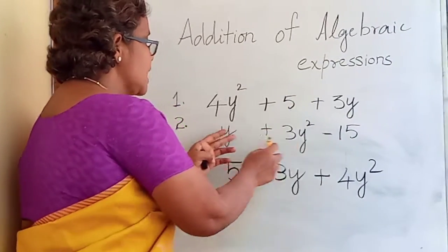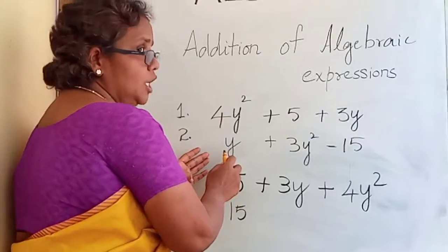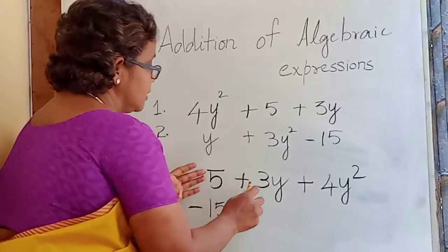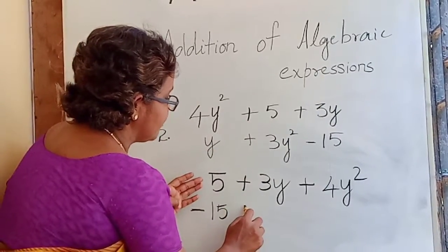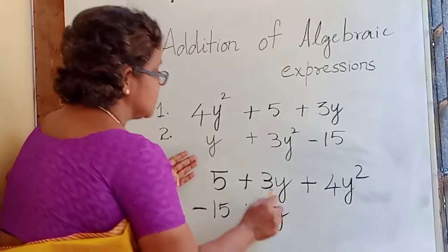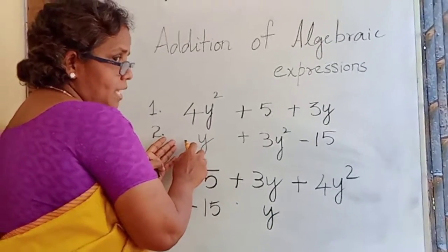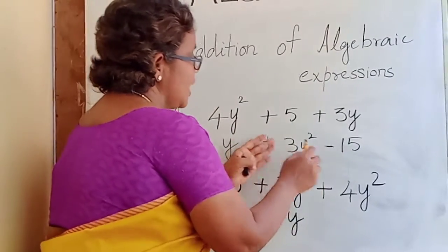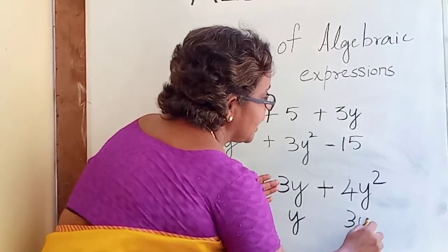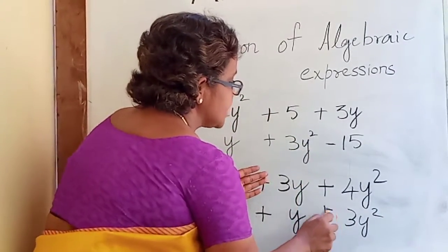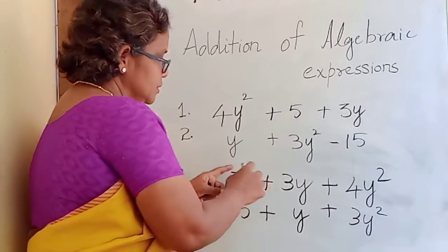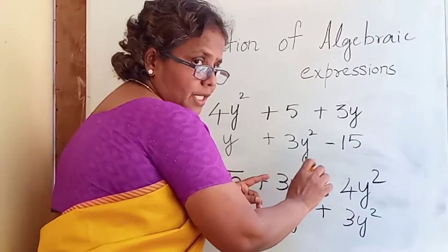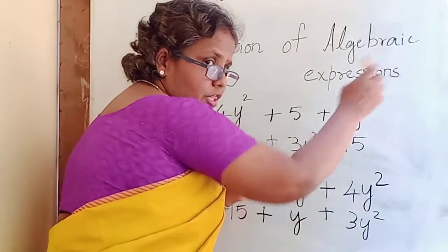Okay. Next, scan through the equation. While you scan through the equation, you see that the power of the variable of the first term is 1, and therefore I need to write y next. But what is the sign of y? The sign of y is a positive sign. So, I need to put a positive sign in front of it. Then finally, I will be writing 3y squared along with its sign. What did I do? While I wrote this equation, I did the arrangements of the terms based on the power.